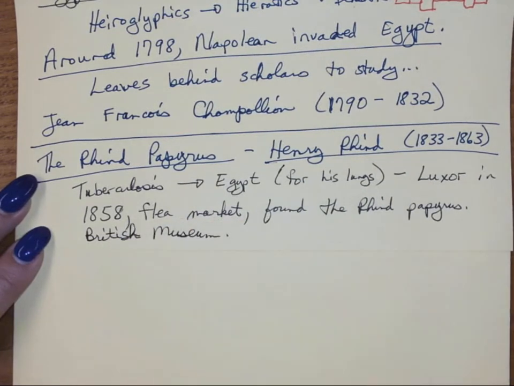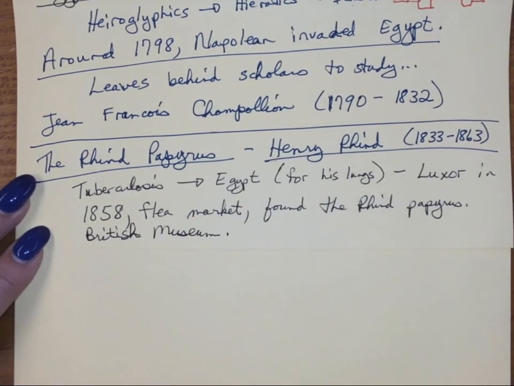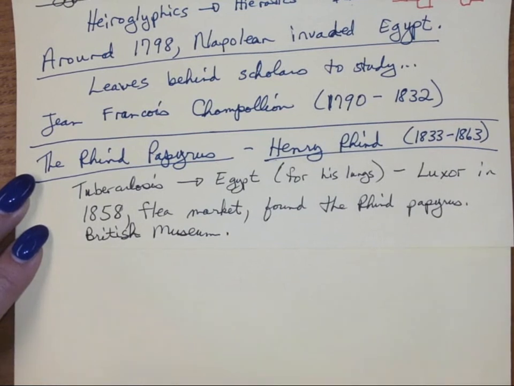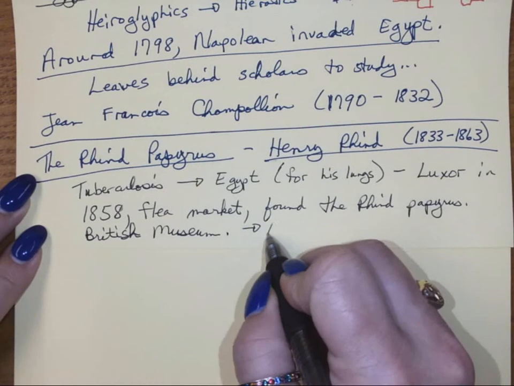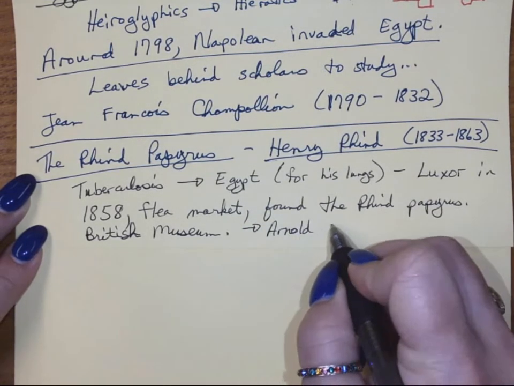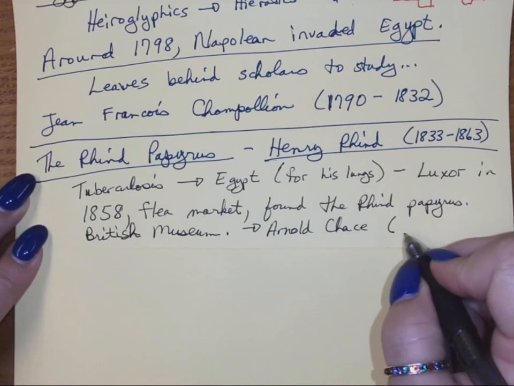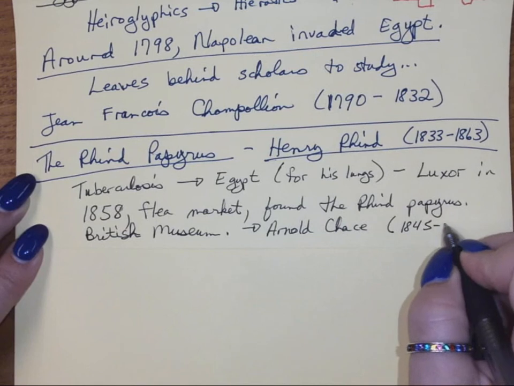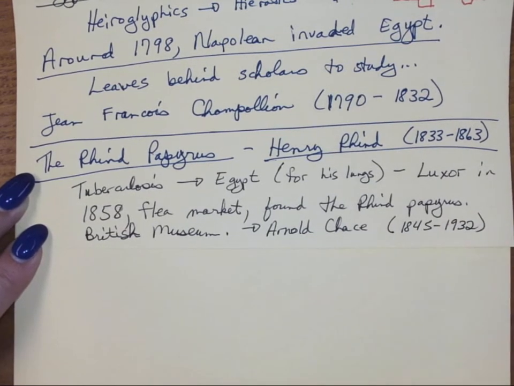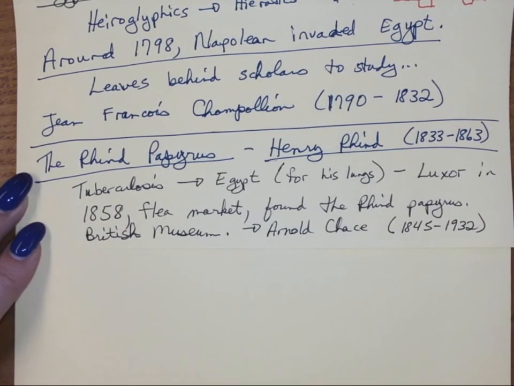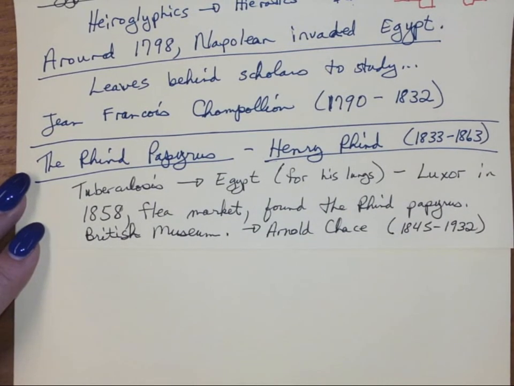And that is actually really cool for us because people in the British Museum are going to study it. There's going to be some translations of it, like several translations of it. One guy, Arnold Chace, C-H-A-C-E, his dates, let me find them real fast, 1845 to 1932. He's going to spend a ton of time with that Rhind Papyrus, and actually in 1927 and then again in 1929 he's going to write some translations of it that are really going to open up a lot of information to us